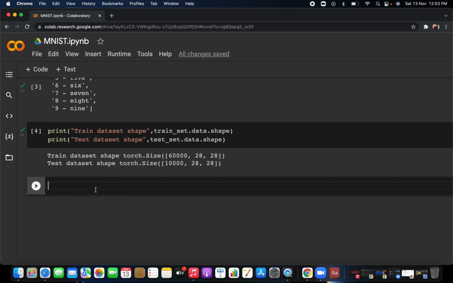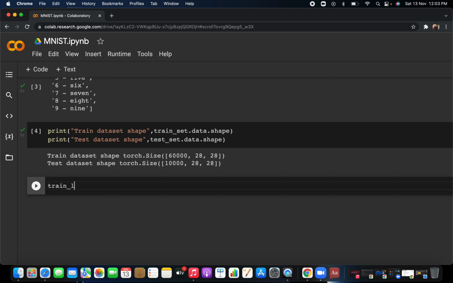Suppose, as in the example I already gave, you have a total of 100 images and you want to divide that dataset into 10 batches. Each batch contains 10 images. With the help of the data loader, you are just preparing your dataset. That's it. So this train loader or test loader dataset you can directly give to the model during the training time. We will see this.